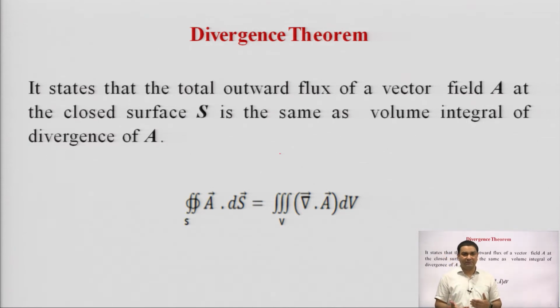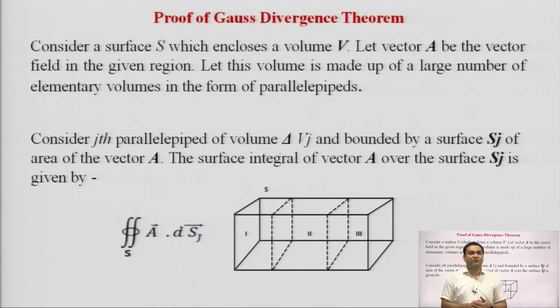How can we prove it? So, going into the proof of the divergence theorem, one more thing: this divergence theorem is also called the Gauss divergence theorem. As we know, this divergence theorem provides us the relationship between the surface integral and the volume integral. In this manner,